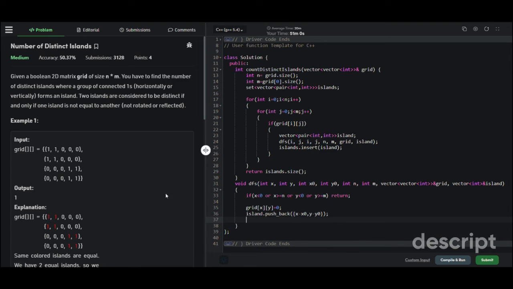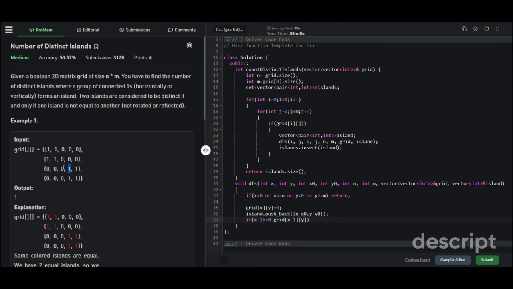So now we need to consider the next points, the other points of this island. So what will be the other points? If I have this point, then I need to go to the right, left, top, and bottom directions. So I can say, if I need to go left, then x minus 1 should be greater than or equal to 0, because I do not want to go out of bounds. And grid of x minus 1, y needs to be a 1,